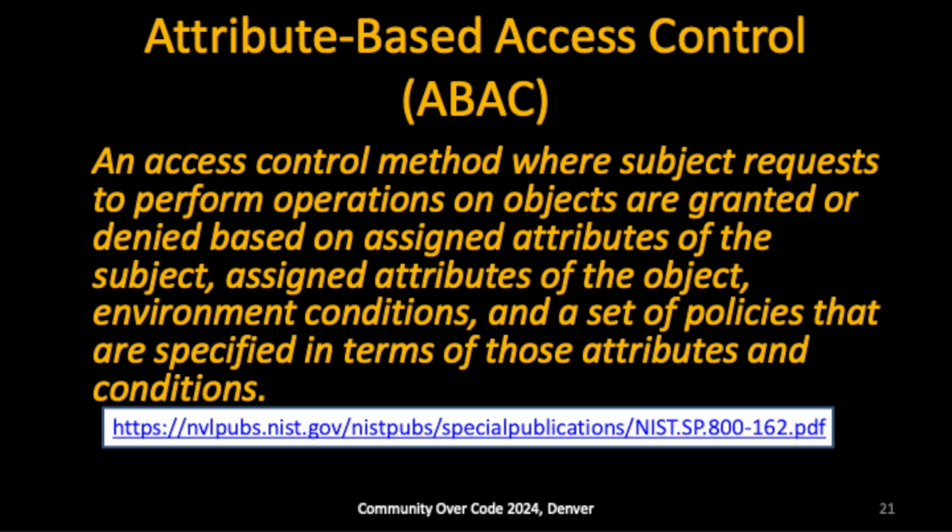Okay, so with a role-based model, the role is the thing that gets assigned to the user, and then the permissions, which is the operation and the object you're trying to access, is assigned to the role. So you've got that relationship where everything's based on a role in terms of the policy. With attribute-based access control, role is just an attribute. An attribute-based access control system can use a role, but it's just an attribute.